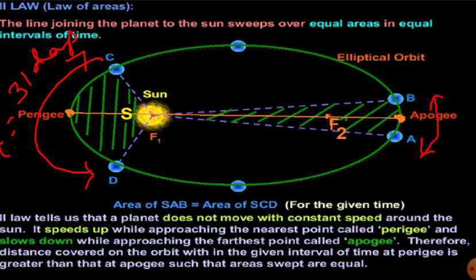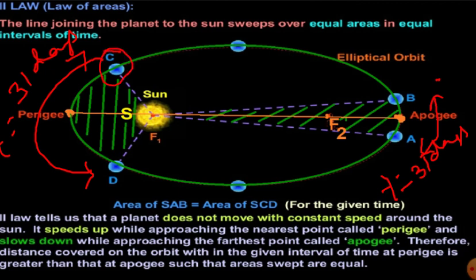During this time of, say, 31 days, let's take it from January 1st to 31st January. When the planet was at position A, it was 1st January. The time taken by the planet from A to reach point B is again 31 days. Got it? So during this same time interval, the area swept by the planet,